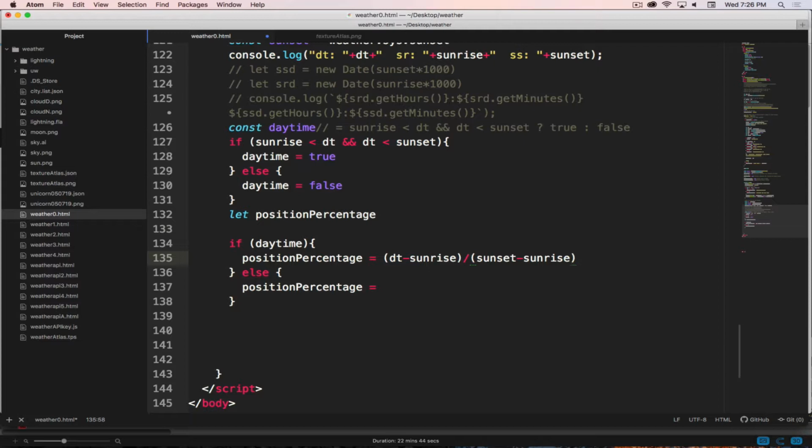Then we take our current time and subtract the sunrise from it, so that gives us how many seconds have happened since sunrise. So now we know how many seconds have passed since the sun came up, and how many seconds were available between sunrise and sunset, and then we want that to be a percentage. And that's going to calculate where to plot our sun on our canvas. We'll do a very similar thing for nighttime. So it will be dt minus sunset divided by, and in this case,